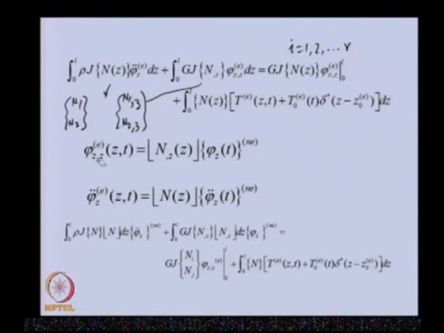So, this shape function we can derive once, and because only the shape function will get differentiated, this is time dependent. So, this will not get differentiated with respect to z. This is the field variable which is a function of both z and t. This is the field variable at the node which is a function of time only. So, this is the difference. This is for the whole element, that is why it is a function of time only, and in between we interpolate using this interpolation function, and this comma z is representing derivative with respect to